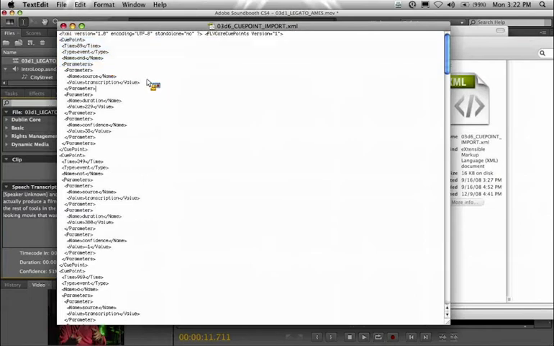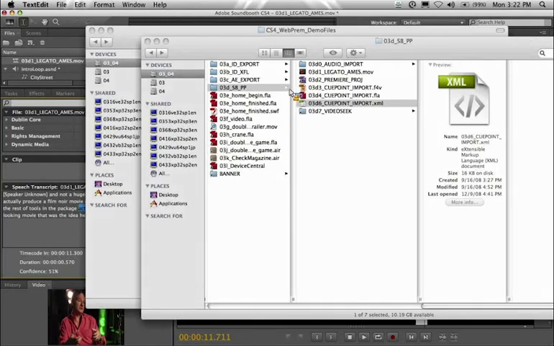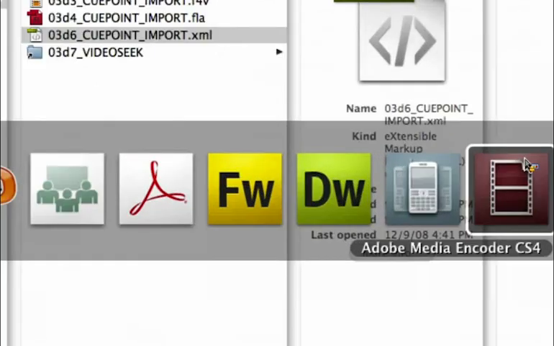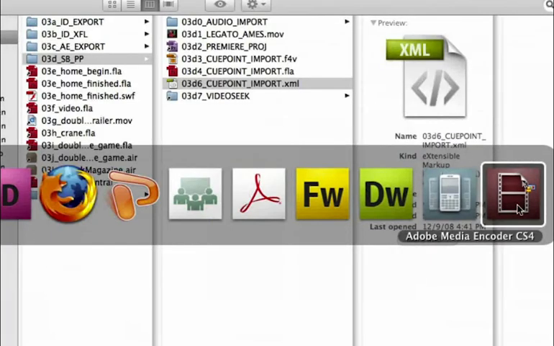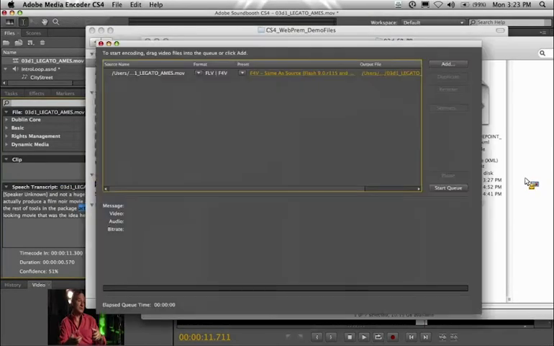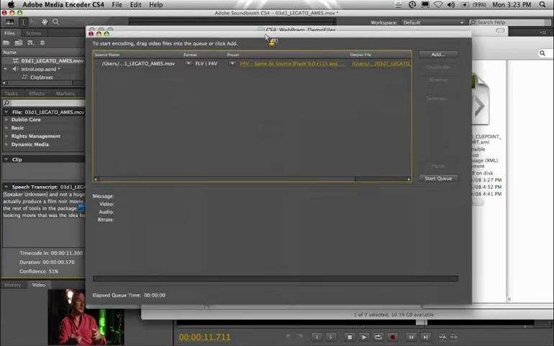So now we need an FLV to associate if we're going to create that association. So creating that FLV is now done with a new tool called the Adobe Media Encoder CS4, and hopefully you guys are seeing the zoom in that I'm doing, right? Because this is the new icon for the Adobe Media Encoder, which ships with Web Premium, Production Premium, and Master Collection. So the Media Encoder is basically the next evolution of the Flash Video Encoder from CS3. And I know you probably remember the Flash Video Encoder and its kind of limited abilities. So now the Adobe